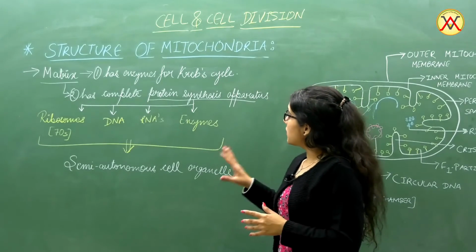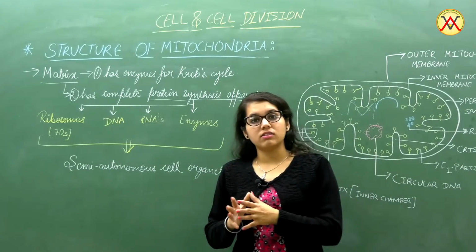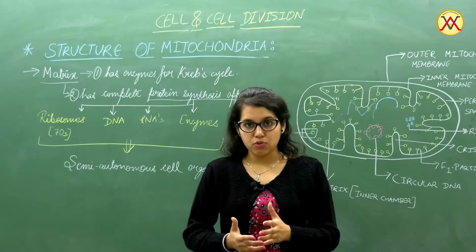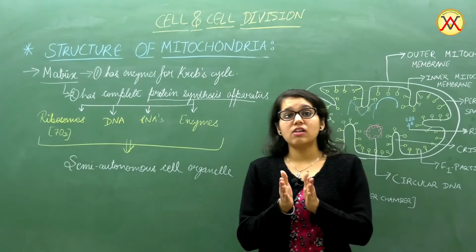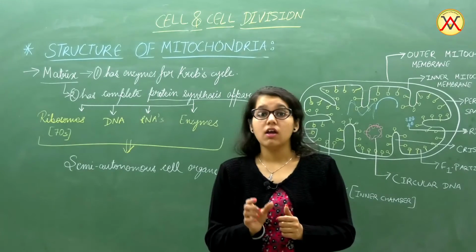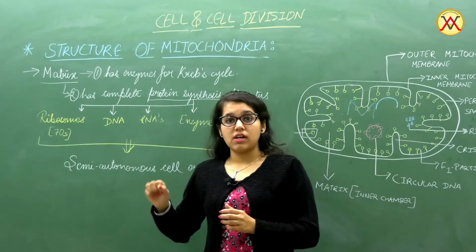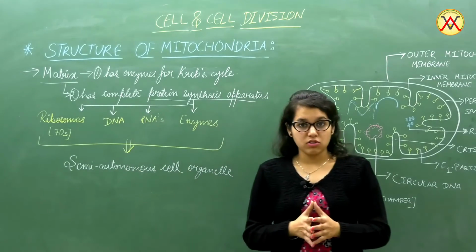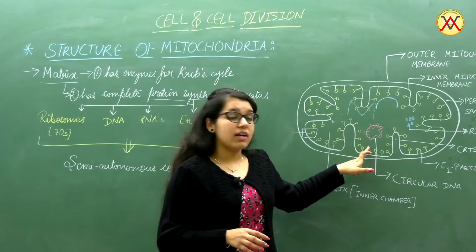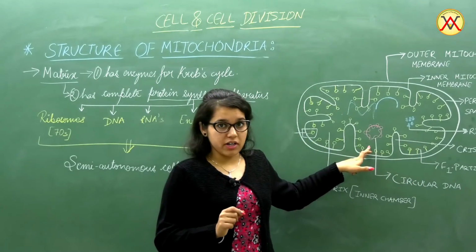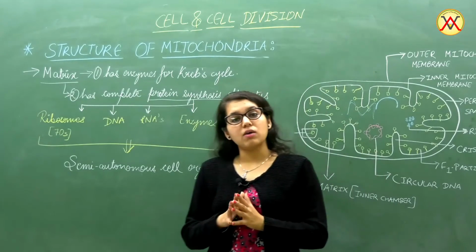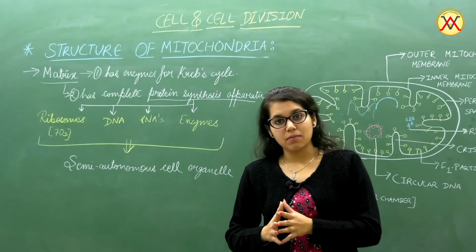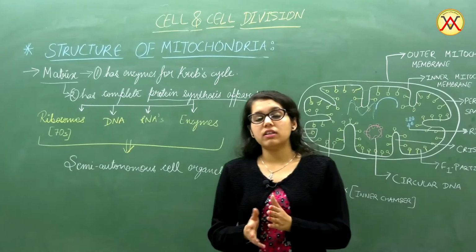Secondly, it has a complete protein synthesis apparatus, that is, all those things which are required to synthesize protein. All these raw materials are found in this particular cell organelle. These are the ribosomes, which we have already discussed, of 70S type. Then DNA, that is deoxyribose nucleic acid, a single double-stranded circular DNA. Then it has different types of RNAs which also help in synthesizing protein. And apart from it, the different enzymes which are required to synthesize the protein are also found inside